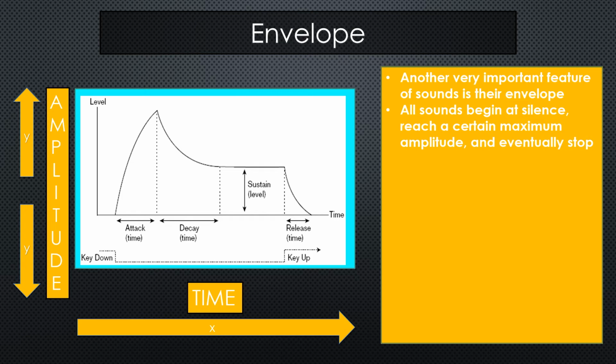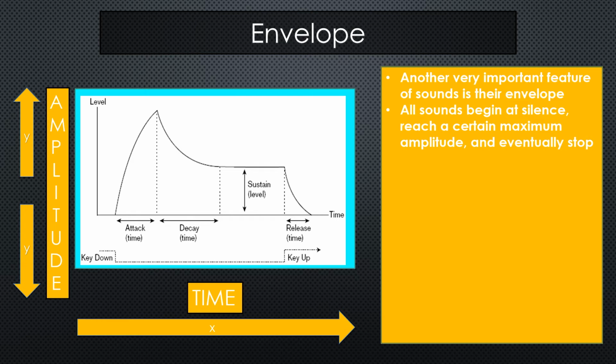Some sounds very quickly reach this maximum amplitude, like a cymbal crash or hitting a drum. If you hit a snare drum, it seems like it's almost instantaneous, but that still happens over maybe just a fraction of a millisecond. Maybe if it's something like the human voice or a violin, those sounds take a little bit longer to sort of reach that maximum amplitude. We eventually can say that there are the attack, decay, sustain, and release portions of an envelope. We will return to this envelope shape in the very near future when looking at how a synthesizer works, because if we're going to synthesize a tone, it is going to require an envelope.